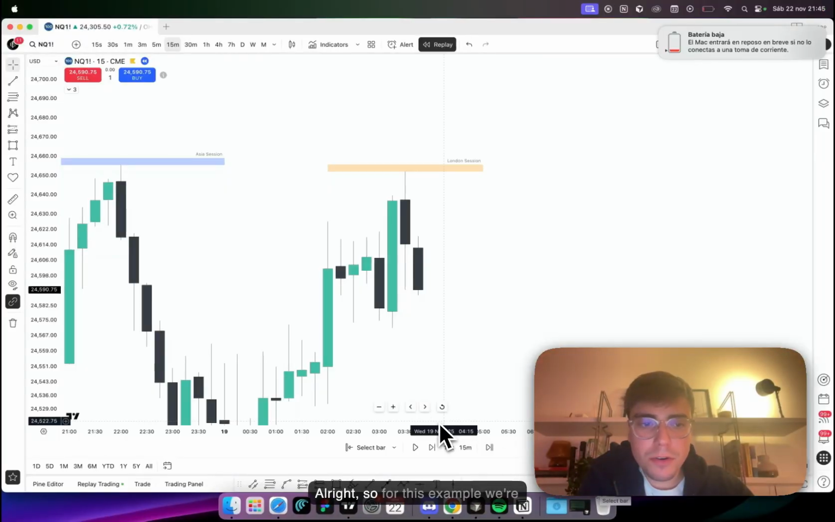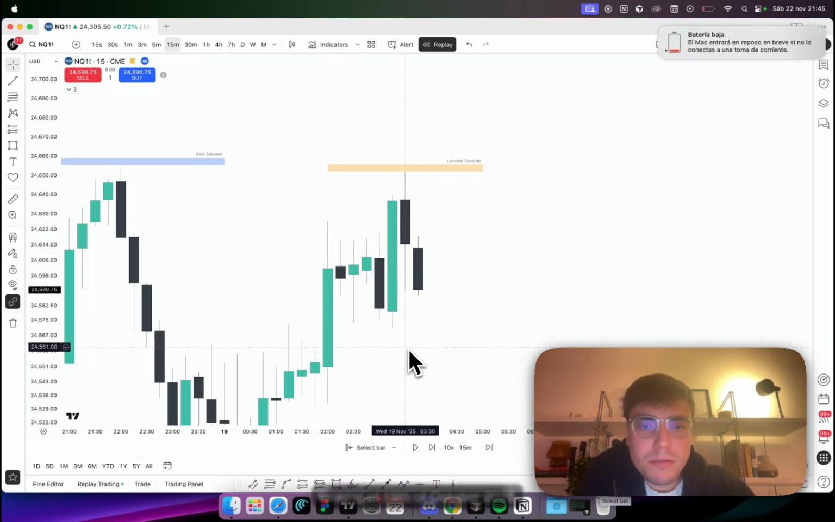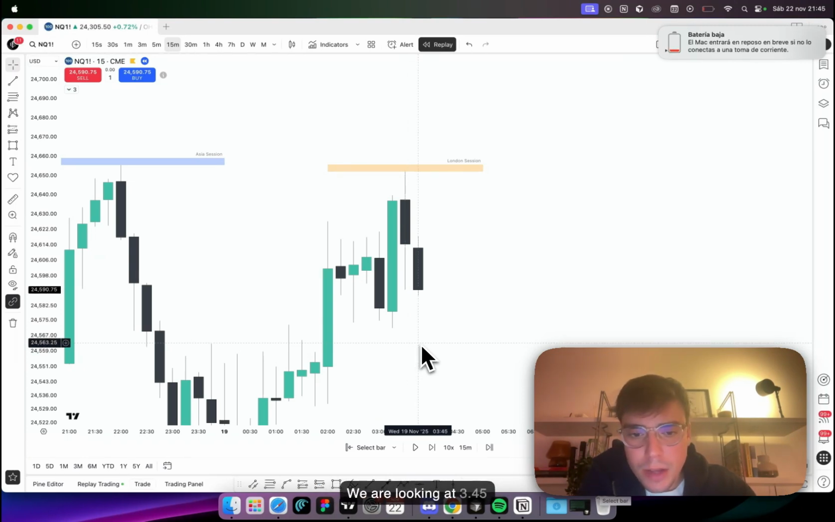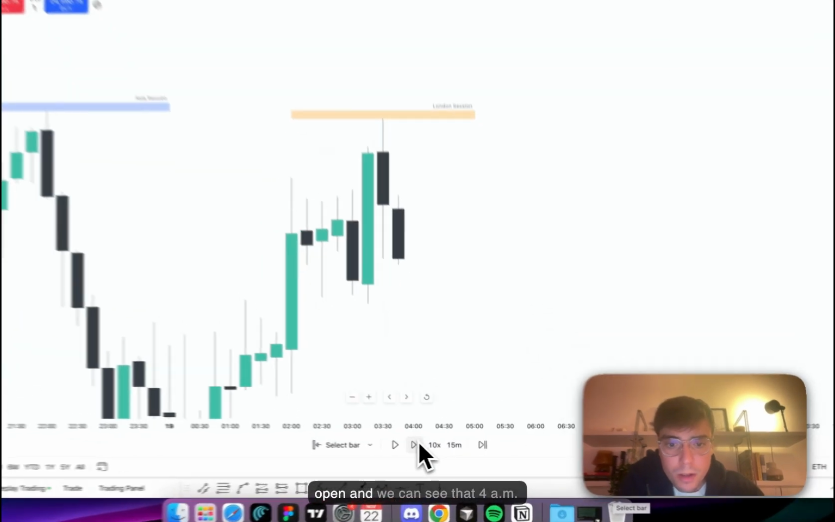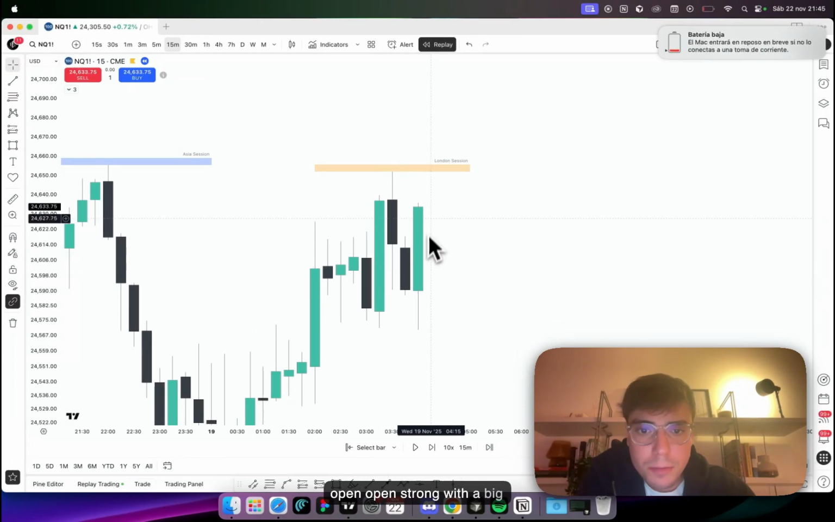All right, so for this example, we're looking at the 19th of October 2025, so it's recent price action. We are looking at 3:45 a.m. on the 19th. So basically the next 15-minute candle, yeah, we are on the 15-minute chart, is going to be the 4 a.m. open. And we can see that 4 a.m. opens strong with a big move. But at the same time, as we can see here,